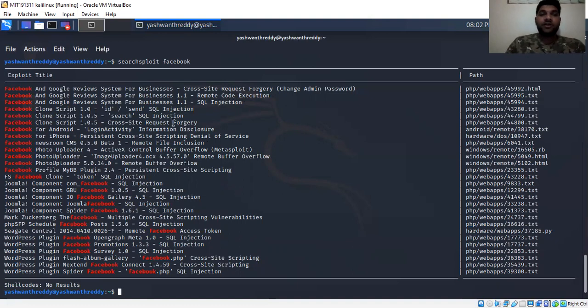Also buffer overflow, where an attacker can send multiple fake requests and make the buffer overflow.